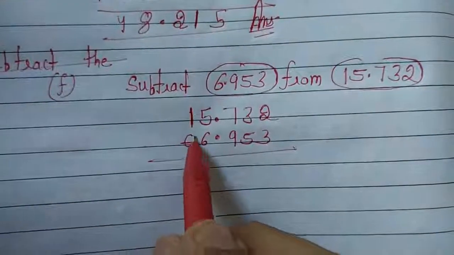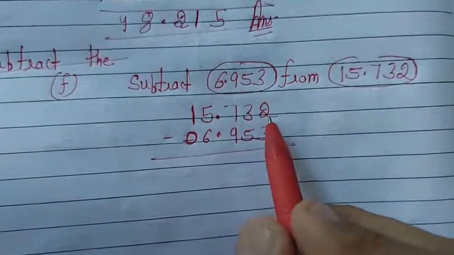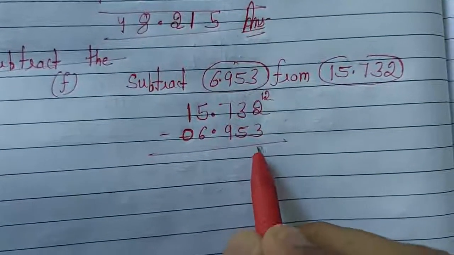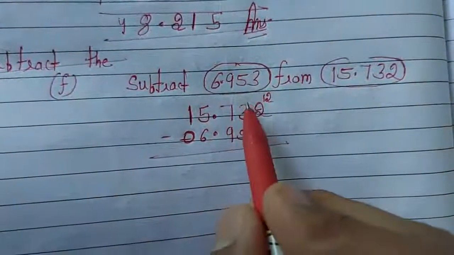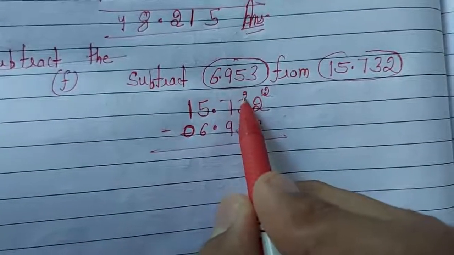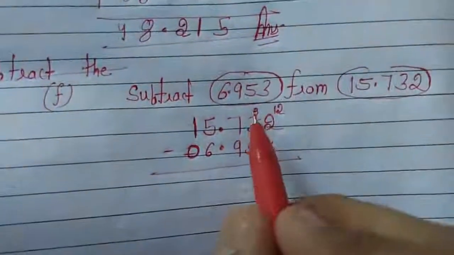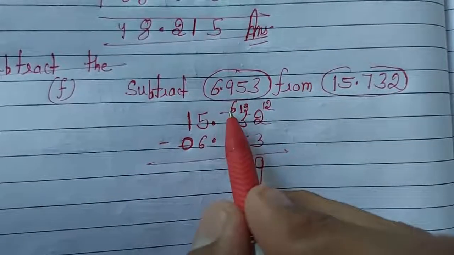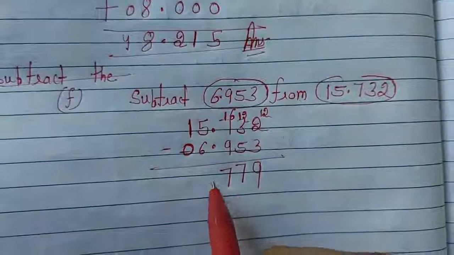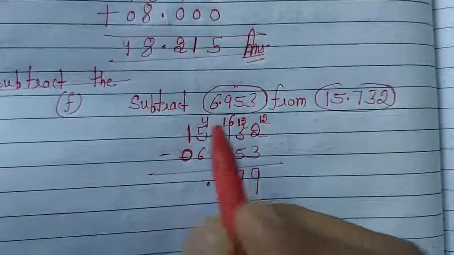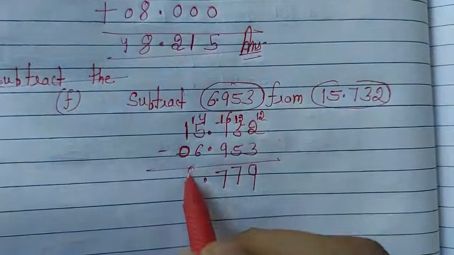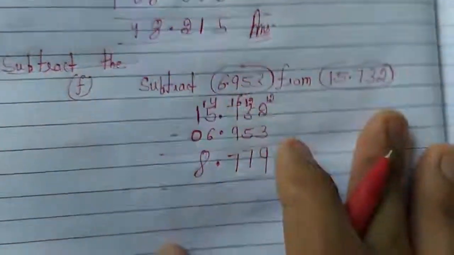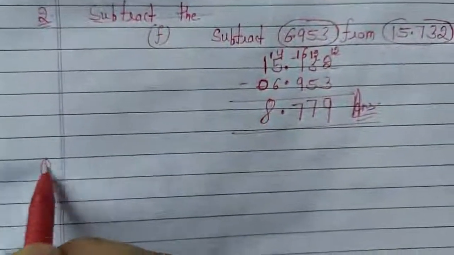So here is no number, you can write 0. From 2 we can't subtract 3, it would become 12. From 12 it is 9, and here it would become 2. From 2 we can't subtract 5, it would become 12. 7. Okay, it would become 6. And what would it become? 16. So it would become 7. Okay, it would become 4. And 1, 4, 14. 14 means 8. So this is the answer. So if you know the subtraction rules, you can do that. It's very easy. There is question number third.